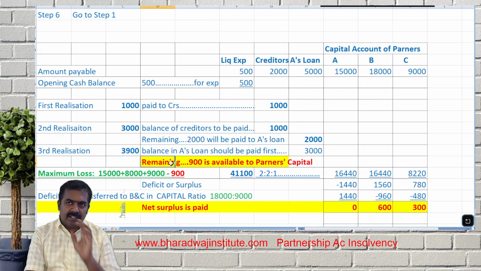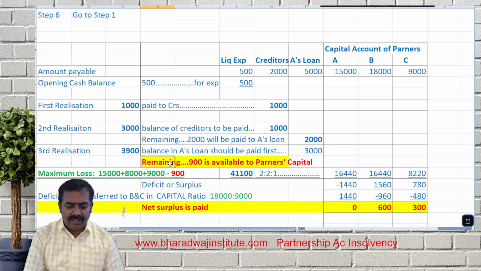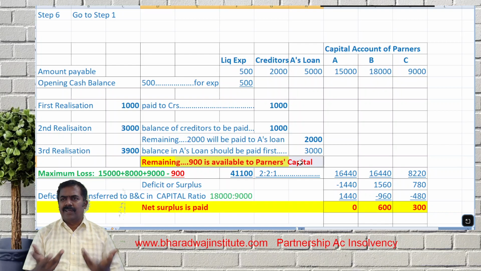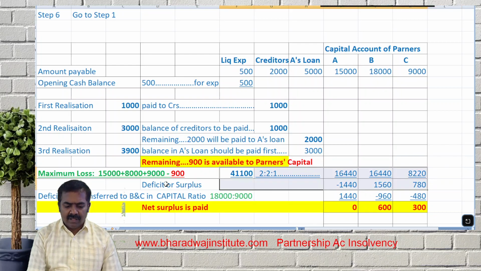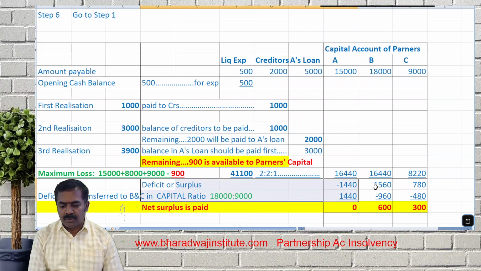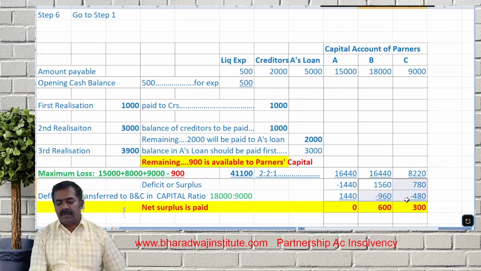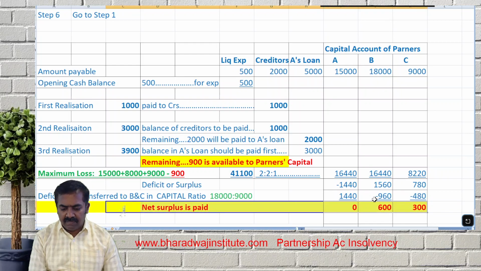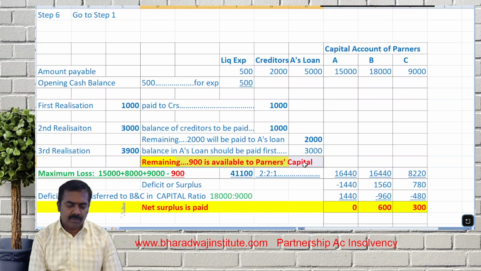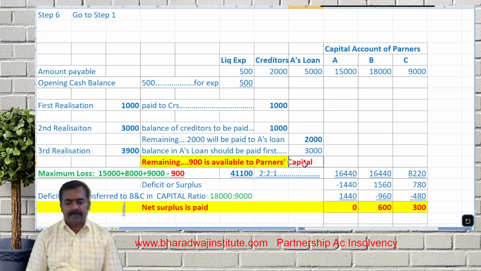இது ஒரு ஃபார்மேட்டா பாத்தீங்கன்னா புரியாது, லாஜிக்கல் அண்டர்ஸ்டாண்ட் பண்ணிக்கணும். என் கையில 900 தான் இருக்கு. இதுக்கு மேல அமௌண்டே ரிலீஸ் ஆகலைன்னா பார்ட்னர்ஸ் will lose 4100. I distributed. Okay, if there is a deficit, that also maximum loss. Solvent partners will bear it. Net surplus will be paid. Net surplus paid is always equal to the amount available to partners. Take it.